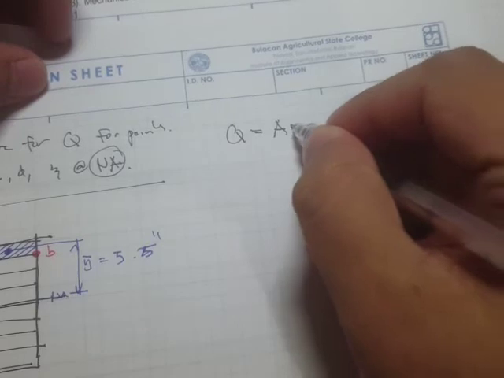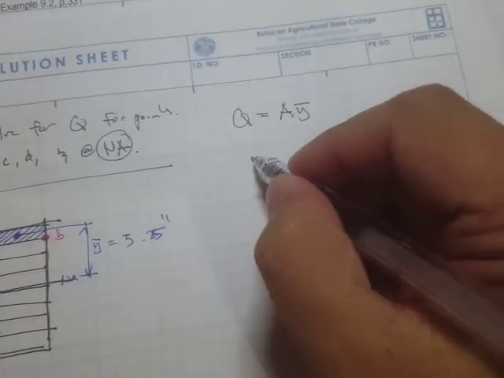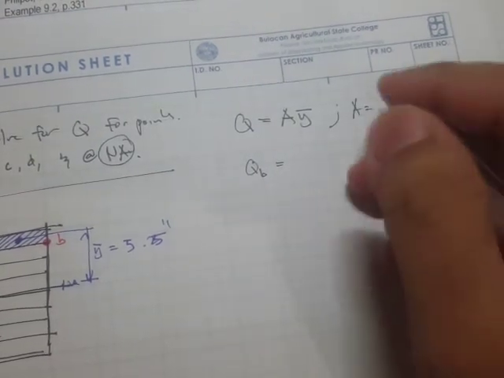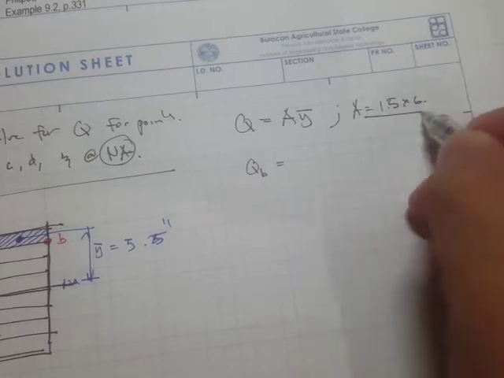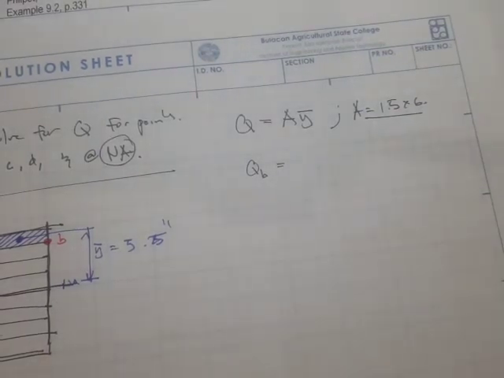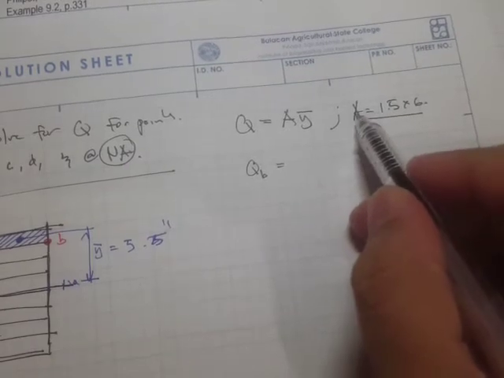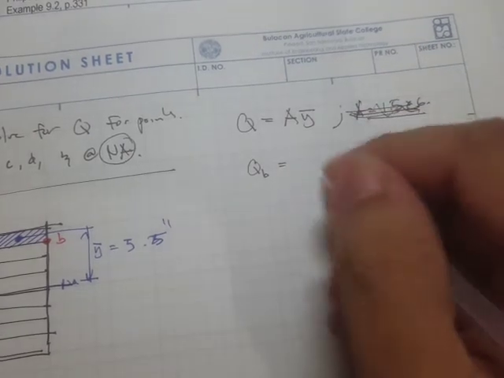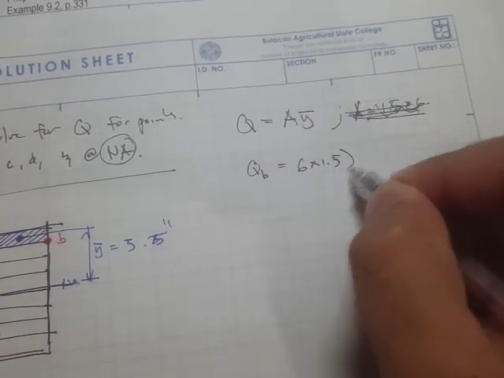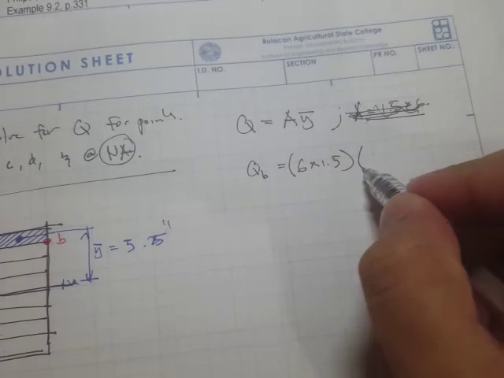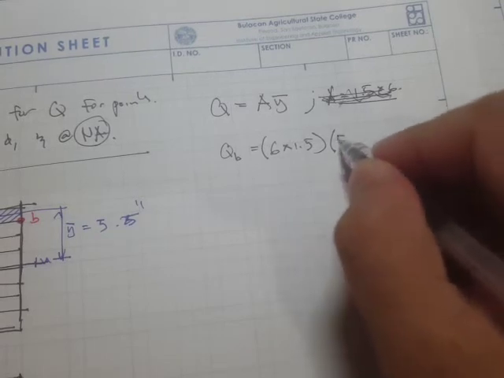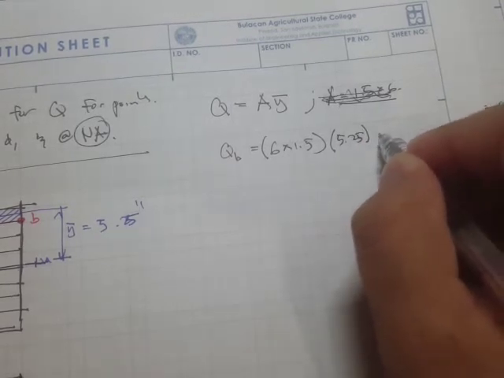So Q is equal to area times the y bar. For Q sub B, the area is simply 1.5 times 6. Sorry, this area is actually changing because it depends upon the point. So Q sub B is 6 times 1.5 for the area, times the distance y sub B, which is 5.25, and we get a value of